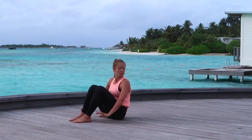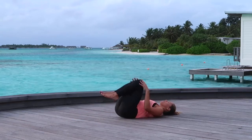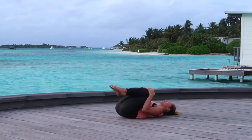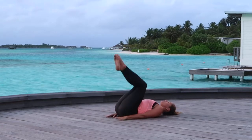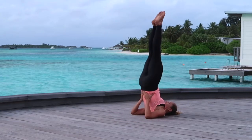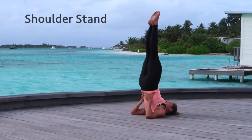We're going to come all the way down onto our back. Once you hit the ground, hug both knees into the chest. We're going to set ourselves up for a shoulder stand, a nice easy inversion. So pointing the feet towards the sky, try and lift the hips, toes come slightly over towards the head, and then grabbing the lower back for support as you try and reach the toes towards the sky, keeping them in